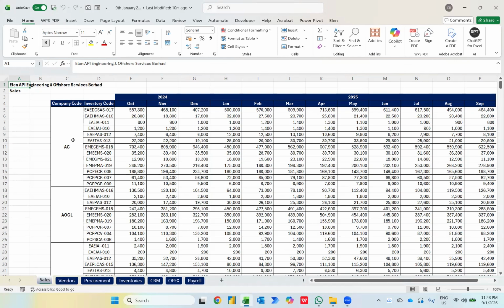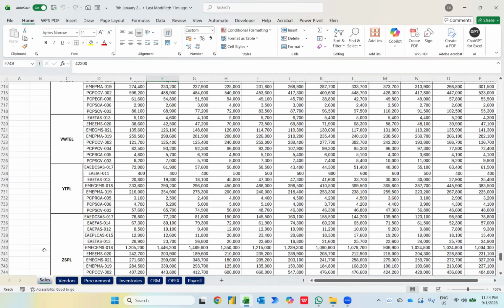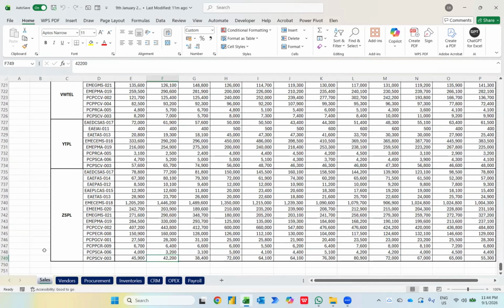We have sales report. So basically this company, Allen API Engineering and Offshore Services, their financial year begins from October and ends on September, and they have so many information. So this is the sales report. If you notice, we have almost 800 rows of the sales report, and then we also have the vendor